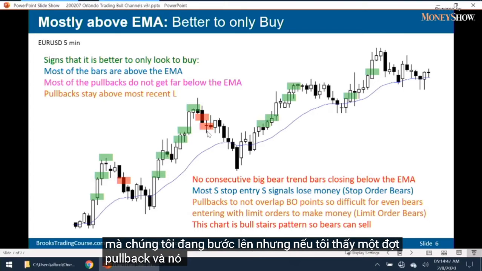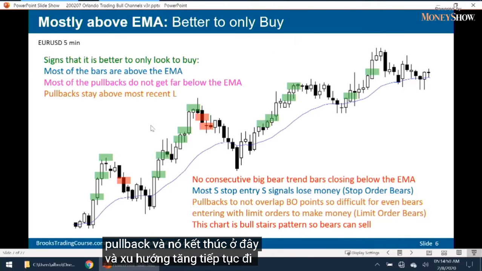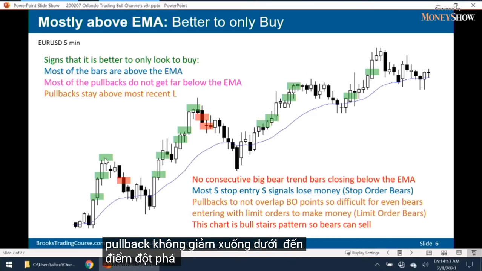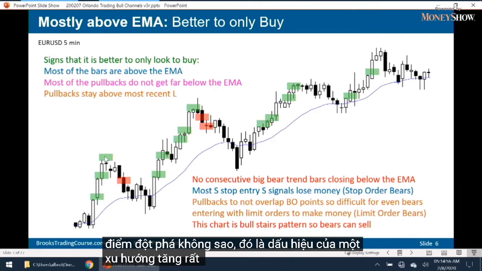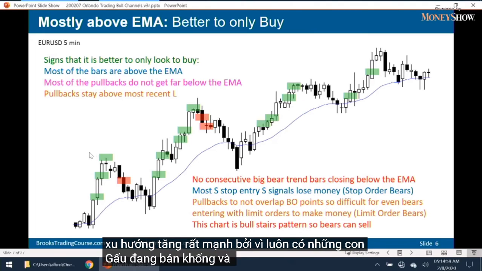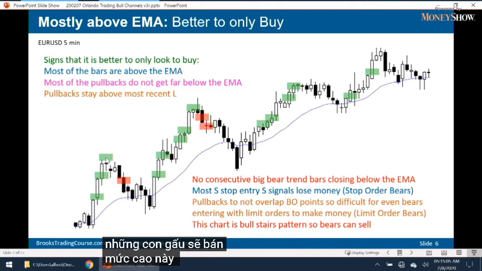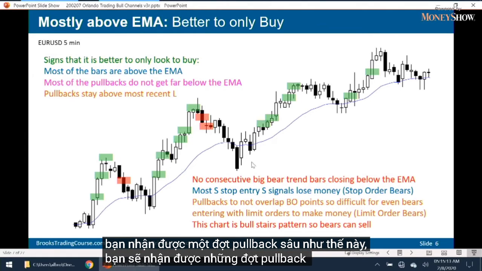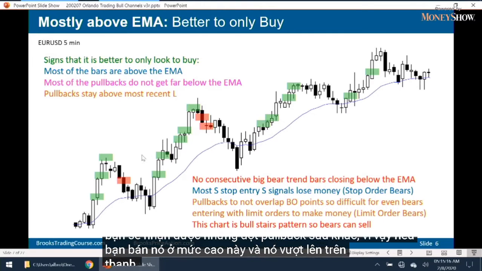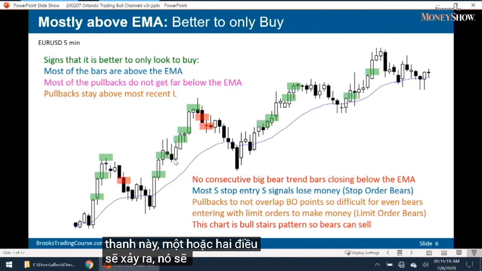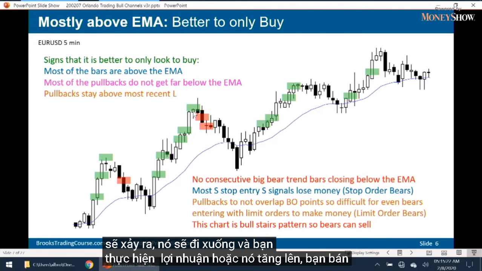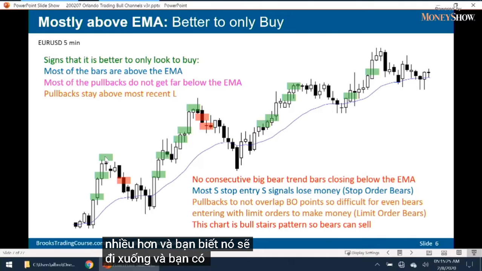But if I see a pullback and it ends here, and the bull trend continues up, and the pullback does not fall below the breakout point, okay, that's a sign of a very strong bull trend, because there are always bears who are shorting. And that means during this breakout here, there are bears who are going to sell this high. And they're going to sell more higher, because most of the time, if you're getting a deep pullback like this, you'll get other deep pullbacks. So if you sell it this high and it goes above this bar, one of two things is going to happen. It's going to go down and you make a profit, or it goes up, you sell more, and you know it's going to come back down, and you can make a profit on the second time that you sold,